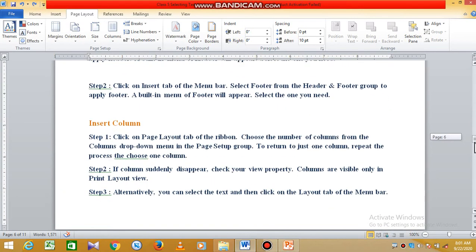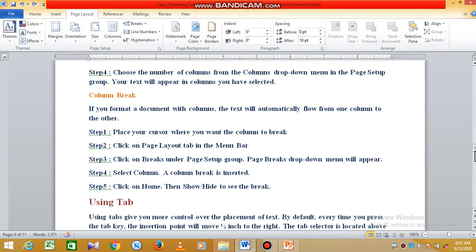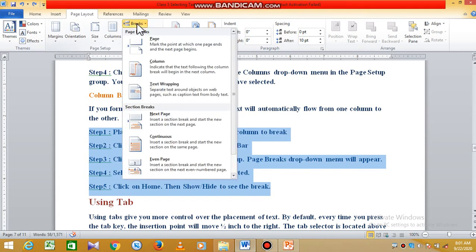Now next is column break. If you format a document with columns, the text will automatically flow from one column to other. To apply the column break, first of all we have to select the paragraph, and from the Page Setup group select the Breaks, and you can choose the column from this drop down menu.